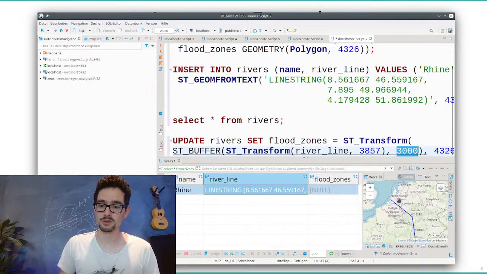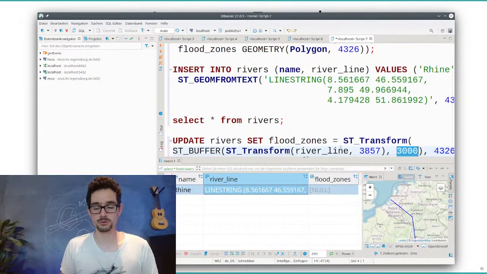And the degrees here are maybe different than here. So it's important to use this projection to project it to a map which uses meters. And then I say compute the buffer here. And then transform it back into 4326